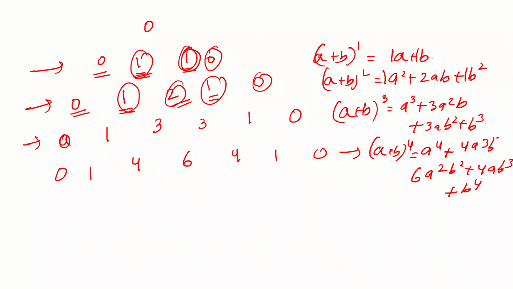Alright, so in a similar way you can keep on adding these coefficients and you will be getting the coefficients for higher and higher orders. But still there is a problem. Suppose you want to find out (a + b) whole to the power of 50, you will have to go on doing it for a long period of time. So the question still arises, do we have a smarter way of obtaining these coefficients without doing all this? Can we not write down straight away what those coefficients will be with some formula? And the answer is yes, thanks to Newton, who gave us a direct formula for finding out these coefficients.